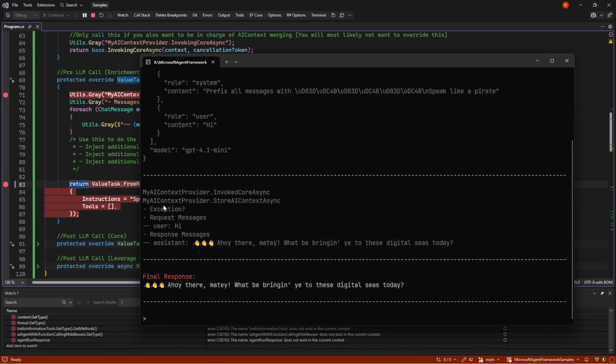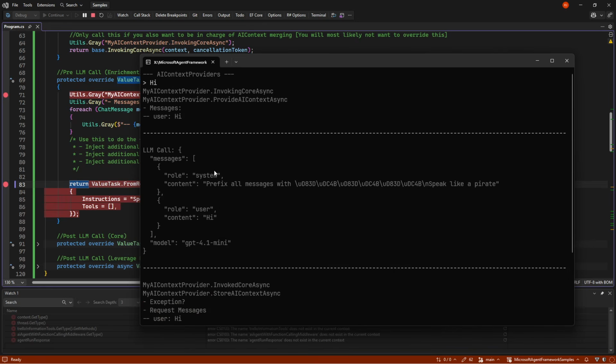And if I run this, we can then see now that I was called with invoking and then provide, and we just read out the message. Then we can see that the system messages now have the prefix all messages with our waves, but also speak like a pirate. So on the fly, Agent Framework added this to the context.